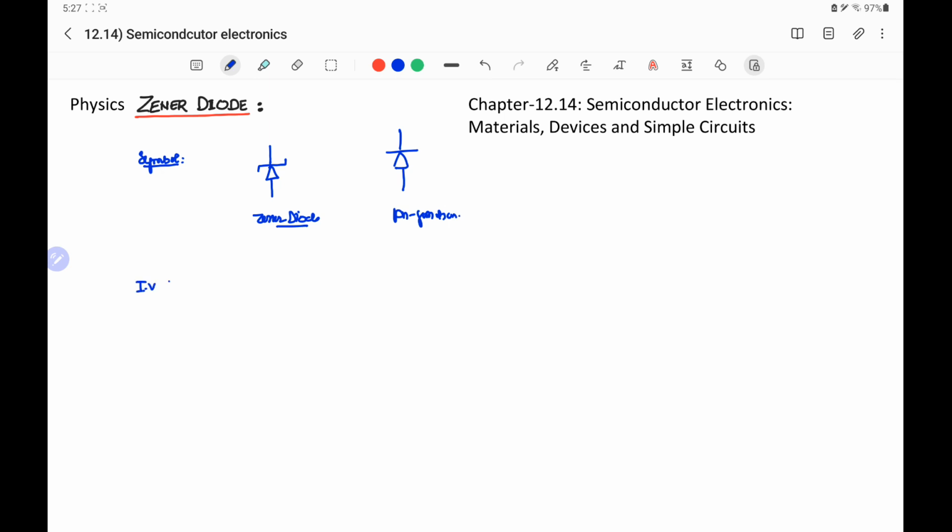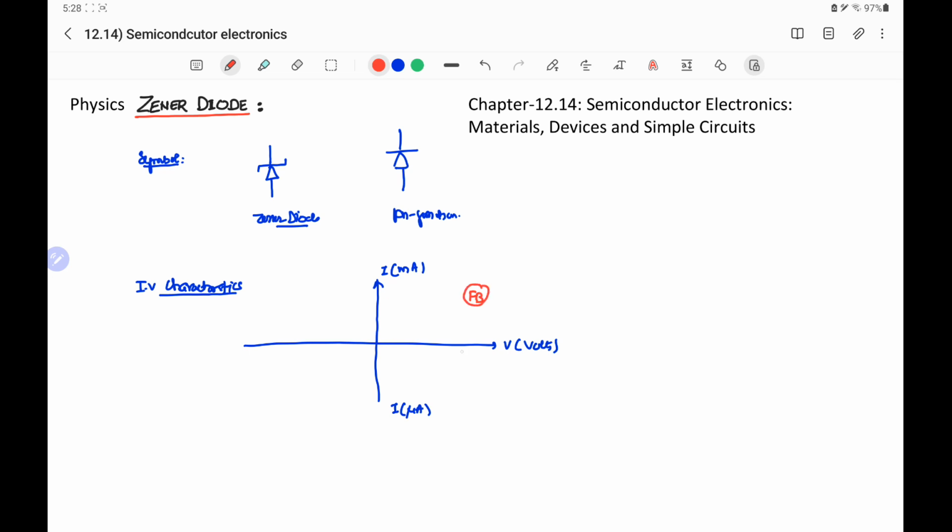The IV characteristics of the Zener diode are drawn as a graph between current and voltage. On the x-axis we take voltage V in volts. On the y-axis current is taken. During forward bias the current will be of the order of milliampere, and in reverse bias the current will be of the order of microampere. If we draw the graph during the forward bias condition,